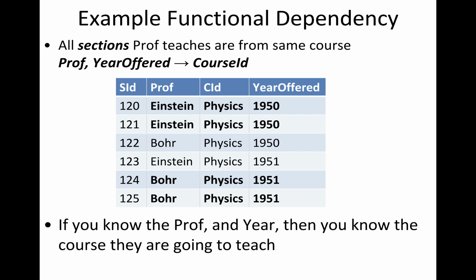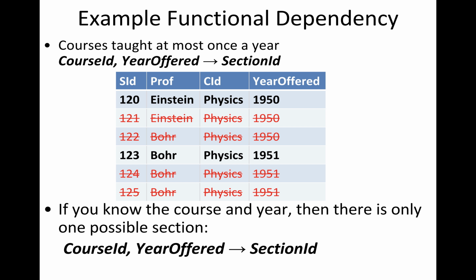So here's another example. All sections a professor teaches are from the same course, meaning that if you know the professor and you know the year offered, then you know what course they're teaching. So Einstein can only be teaching physics. Einstein in 1950, Bohr in 1951. If you know the professor and the year, you definitely know that they can only ever be teaching physics. Now, if you add additional rules, like courses taught at most once a year,